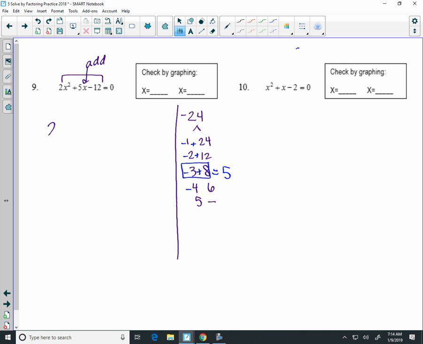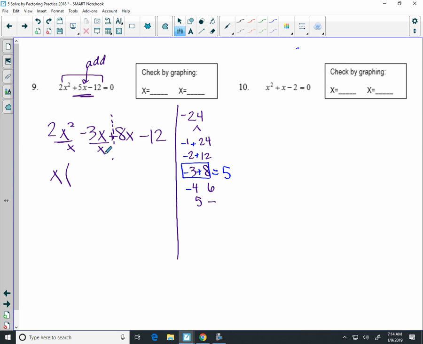So we're going to bring down our 2x squared, and we're going to change that 5x into negative 3x plus 8x. And then we have minus 12. And we are equal to 0 there. I'm going to split my problem in half. 2x squared and 3x have a single x in common. When I divide out that x,